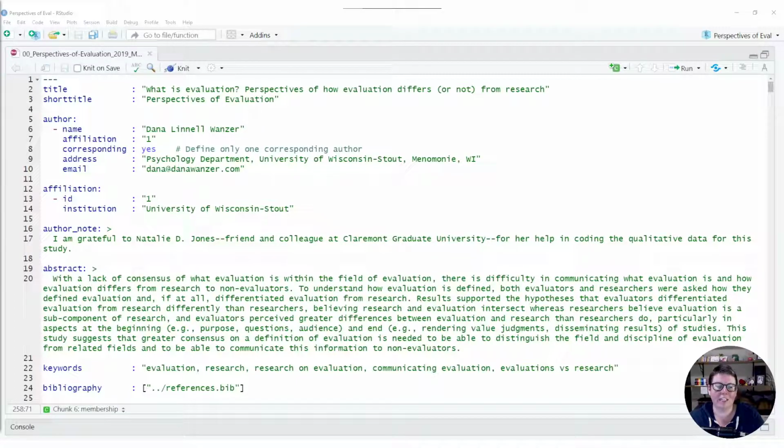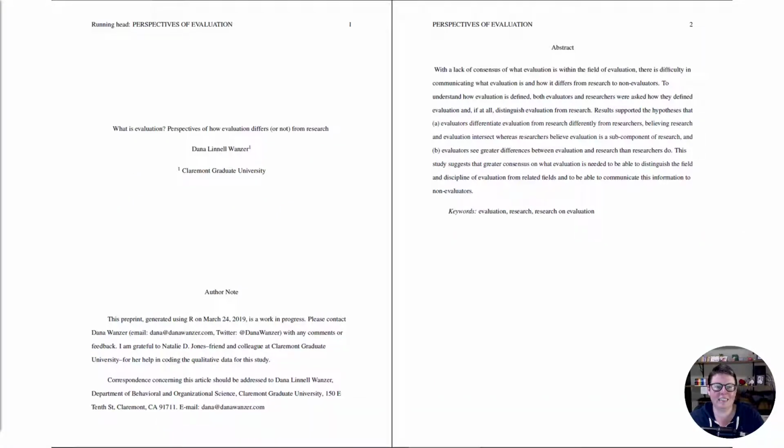This is the title page information, kind of the background, what in R we call the YAML, yet another markup language. I don't know why it's called that, but this is the stuff at the very beginning of the paper: title, abstract, author information, all that stuff. This is an R Markdown file, and what that turns into is this. When I export it into a PDF, it turns it into APA format for me. So this is what it looks like.